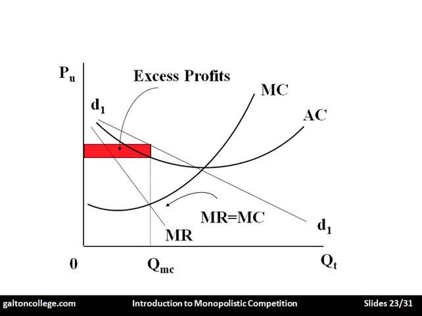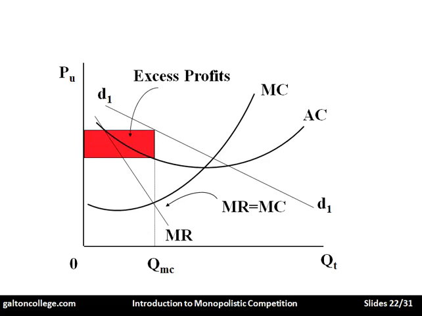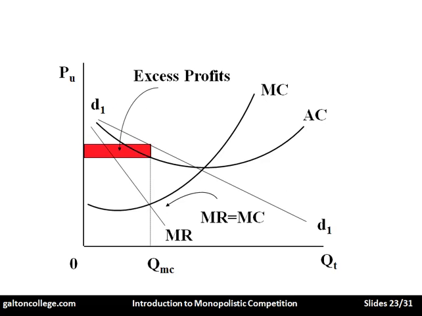The excess profits are a signal for companies to enter the market, and it's easy for companies to enter the market. It's one of our assumptions. So we can see that the excess profits have been squeezed because more companies are now producing. Our representative company here is still profit maximizing, marginal revenue equals marginal cost, but it's just getting less profit because there are now more companies in the market.